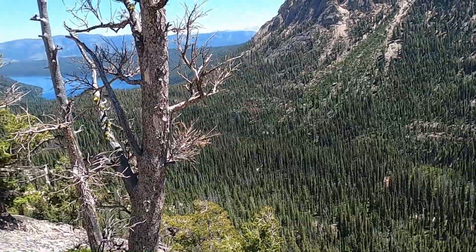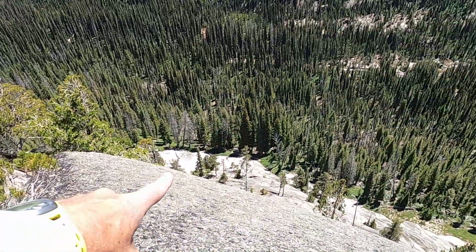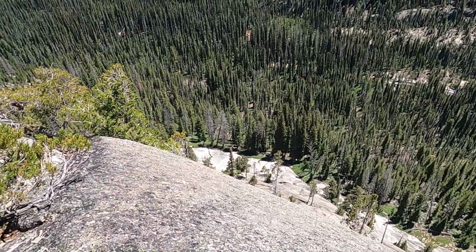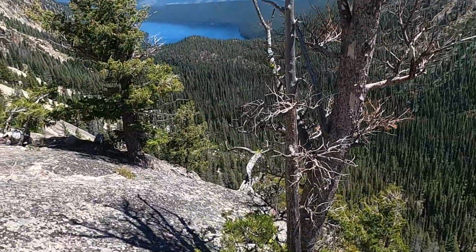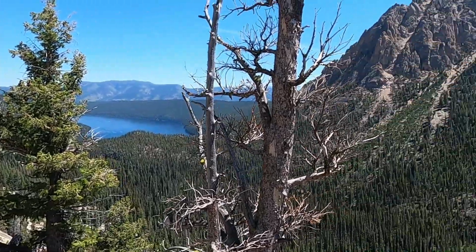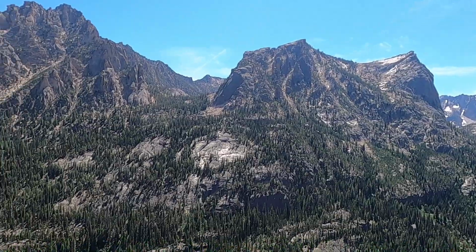All right, we made it. 7 pitches later, we are at the top of Super Slab, this big buttress. You can see where we started, way down here in the shadows. Now we're up here at the tippy top. 7 pitches later, nice view of Redfish Lake, looking down to the east, and the majestic Sawtooth craggy peaks,